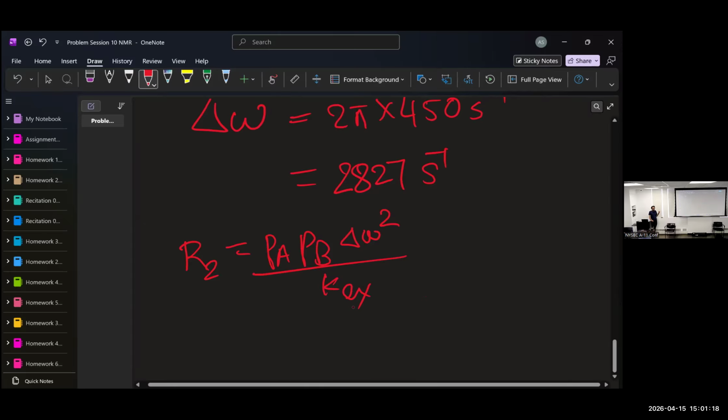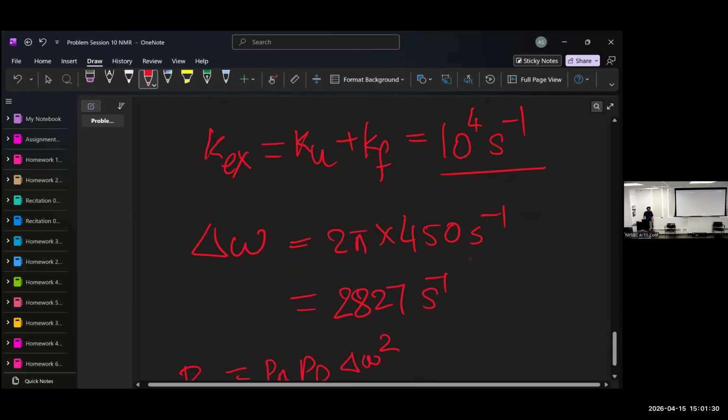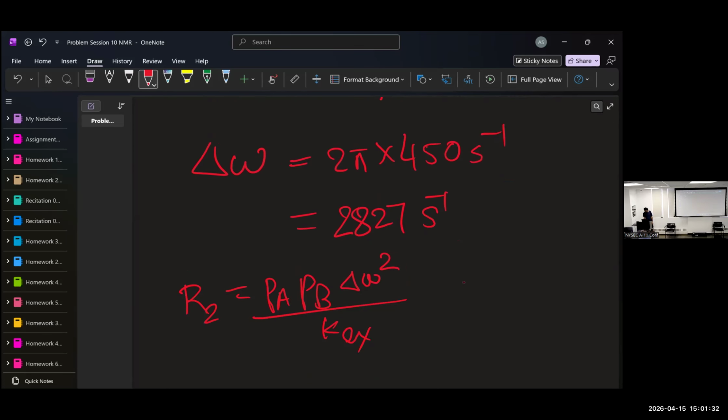So pA and pB are 0.95 and 0.05. Delta omega squared is, remember this number, 2827, not 450 squared. And kex will come out as 10 to the 4. And if you do this calculation, you should get